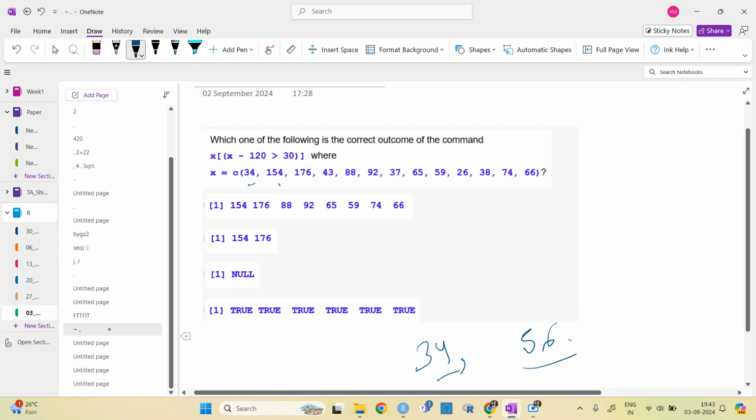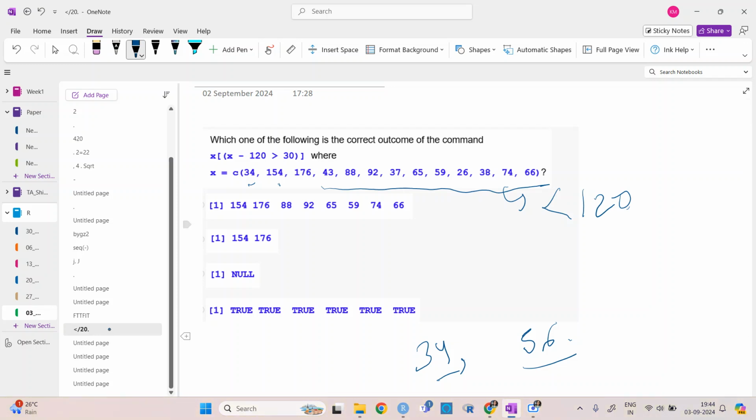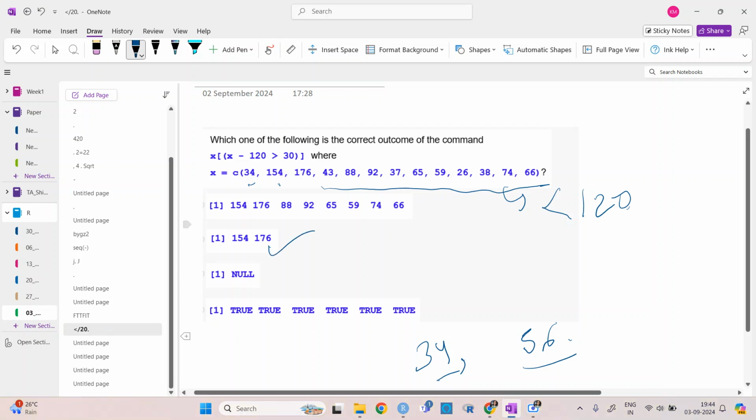Okay. And then all the values are less than 120. All these values are less than 120, so it will be basically negative, so it is not greater than 30. So only 154 and 176 are the values which are satisfying this condition. So B would be the answer.